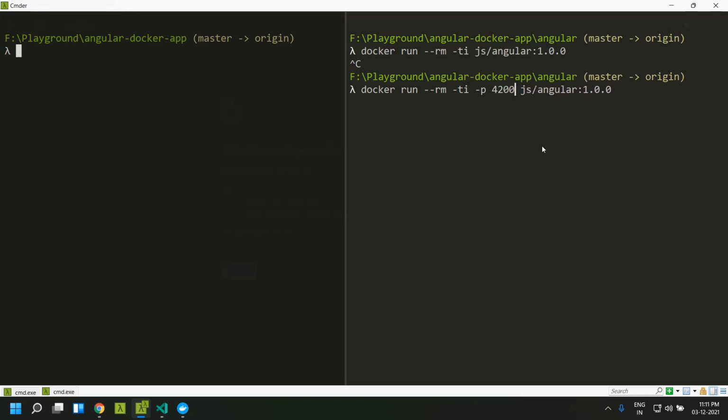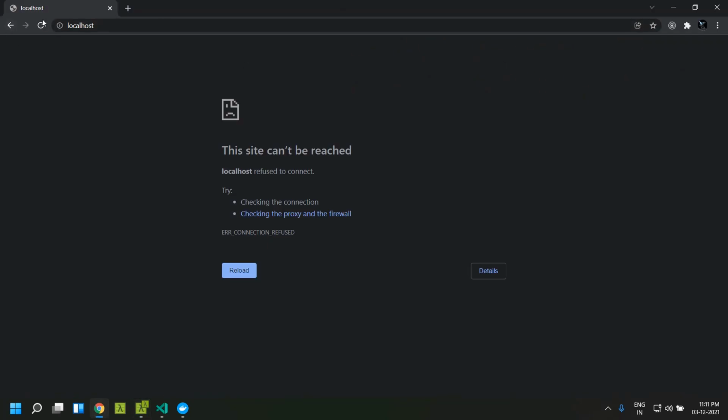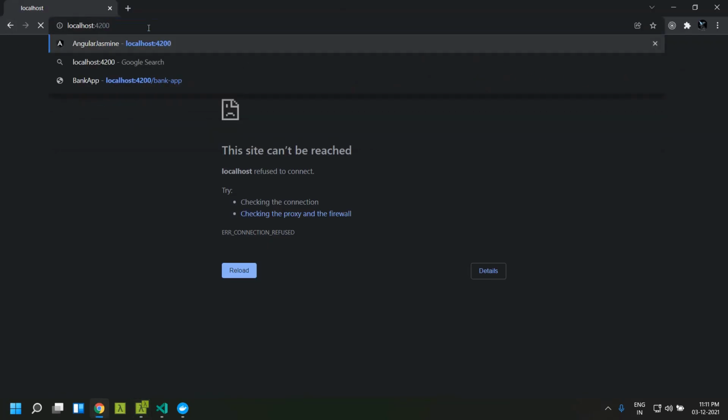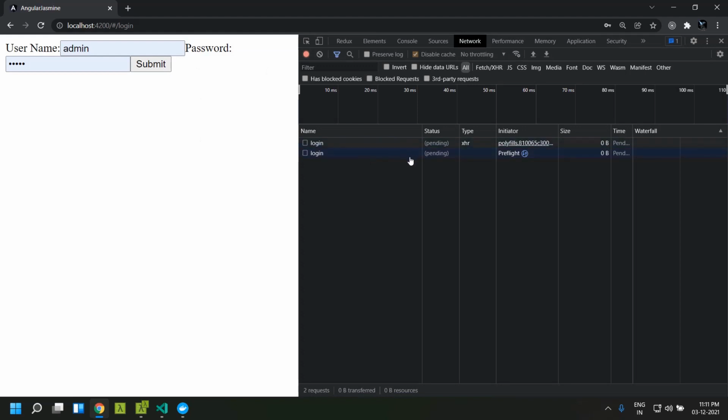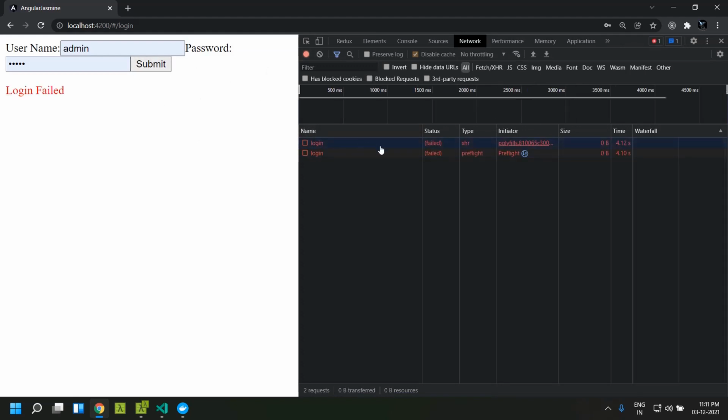So here I am mapping port number 4200 in the host to port 80 in our container. Now if we go and give port 4200, you can see that our Angular application is up and running. Since our backend is not running, our API calls will be failing.